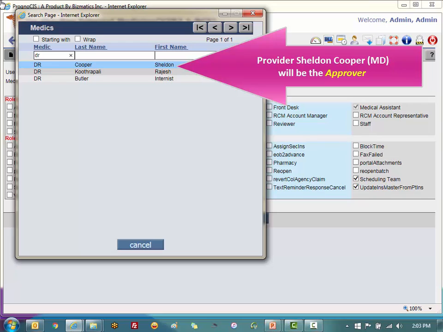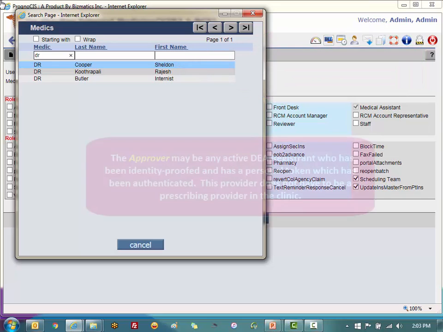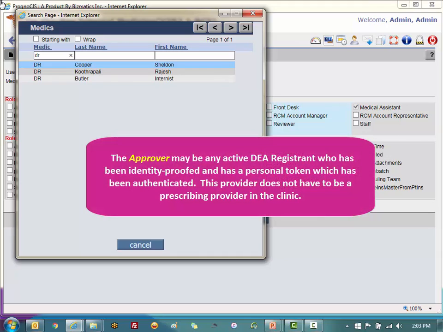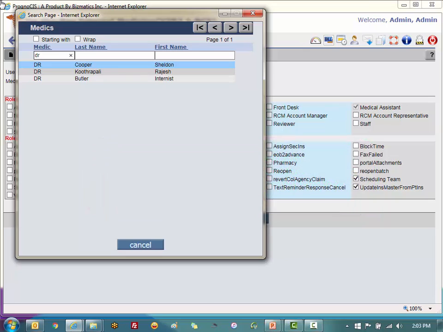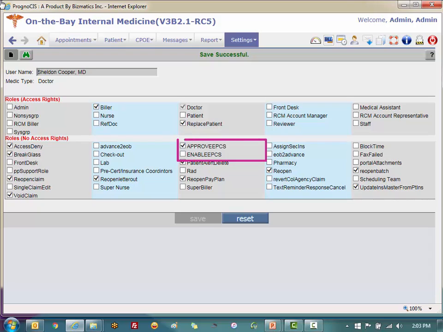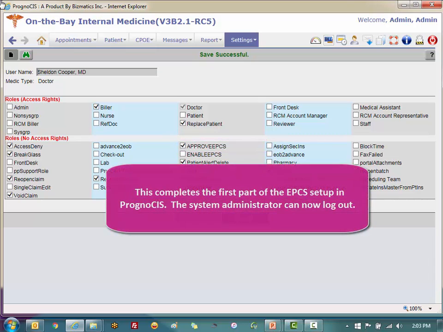Now again, the approver can be any of your DEA registrants, whether they are a practicing provider, whether they're a prescribing provider, as long as they have been identity proofed and have their own token. So I'm just going to go ahead and choose Sheldon Cooper, and I'm going to give him the approve EPCS role. So now, as the administrator, I've done the first part of the EPCS setup in PrognoCIS, which was to